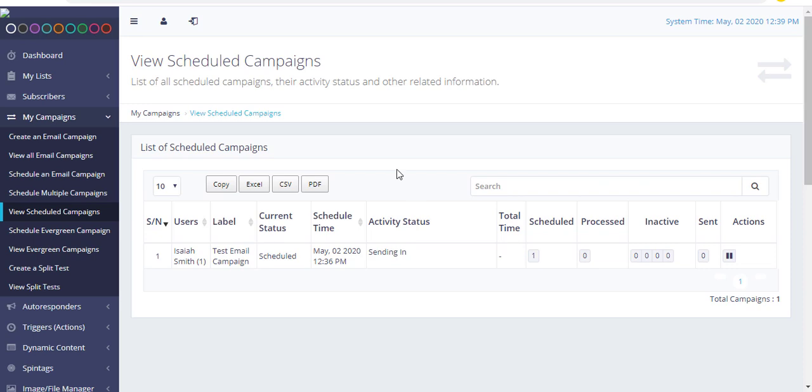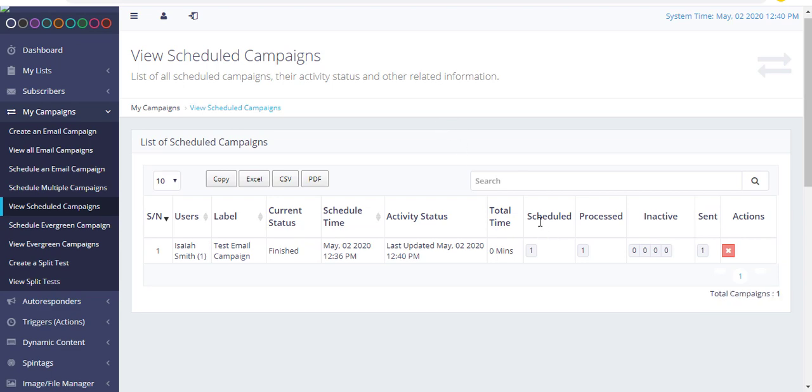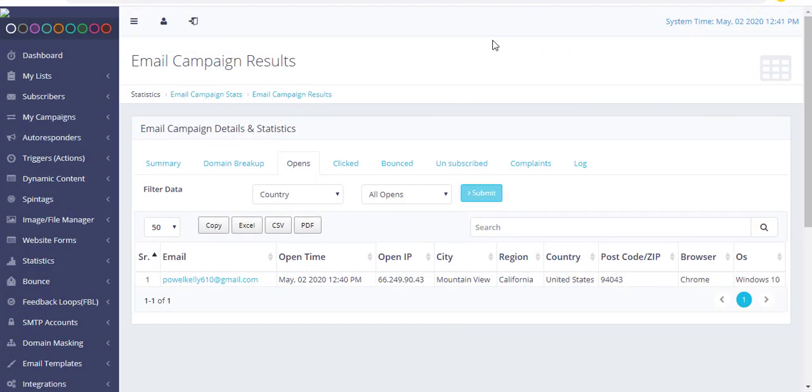And let's refresh this page. So it shows that scheduled one, processed one, and sent one. So we can just check out here. So in this way, we can see how an email campaign works.